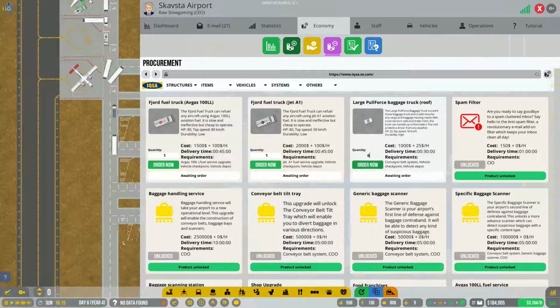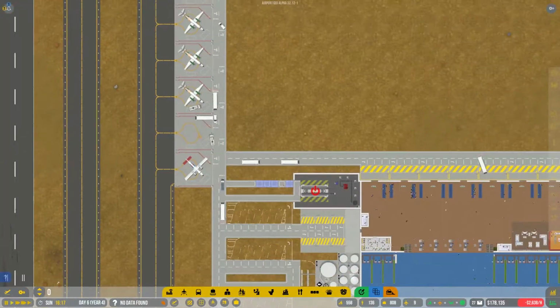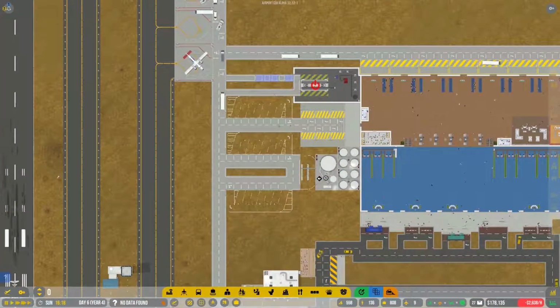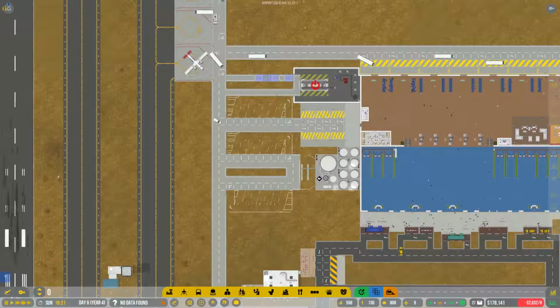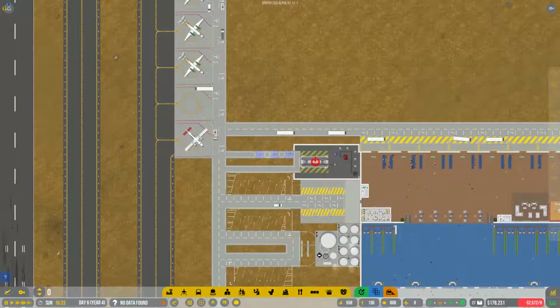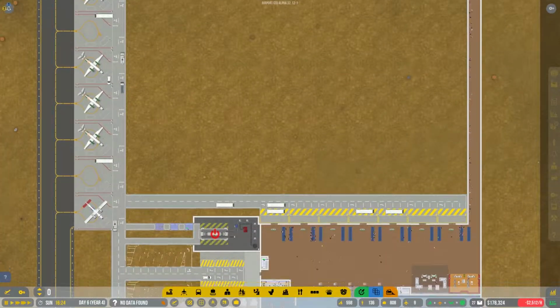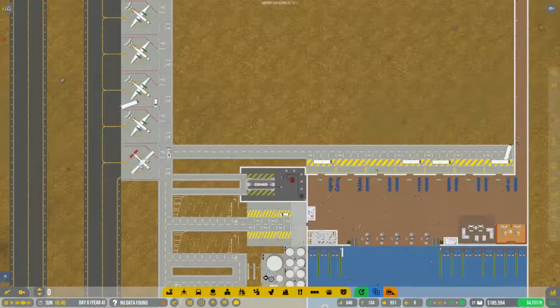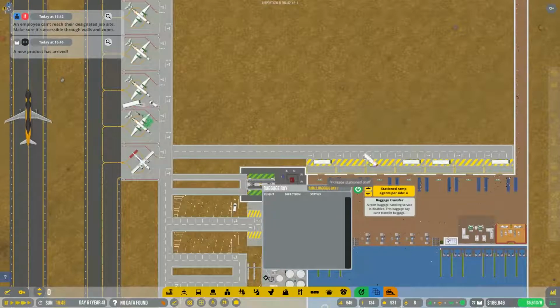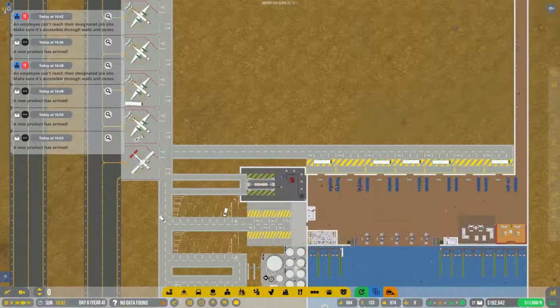Let's start with 6. So we'll order that, and we'll put them all to, let's see here, small parking lot 1. That is what we are using already, so we'll put all those to small parking lot 2. Should be alright. And we'll actually open this up, and we will have 4 baggage, or 8, so we will